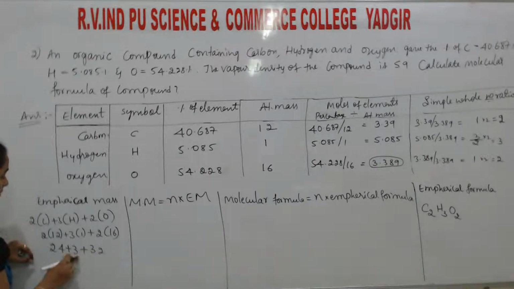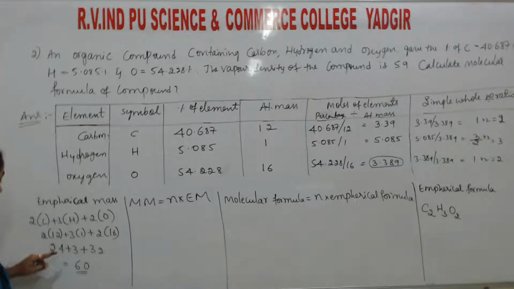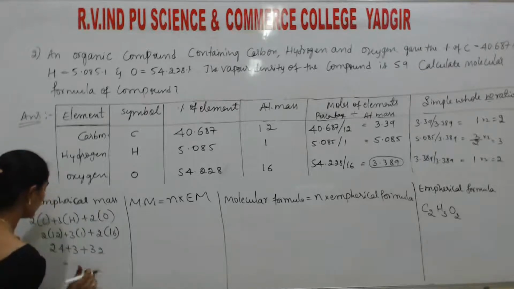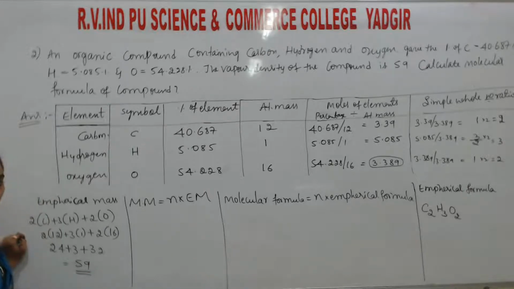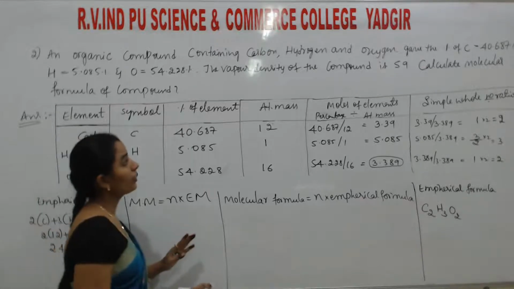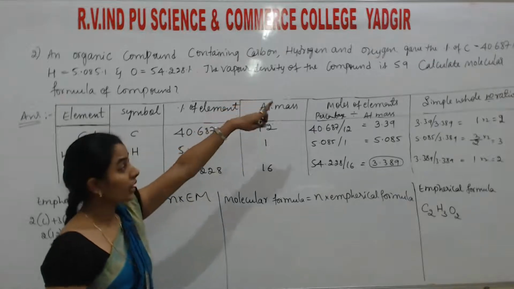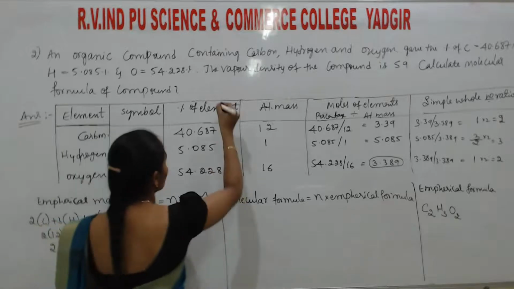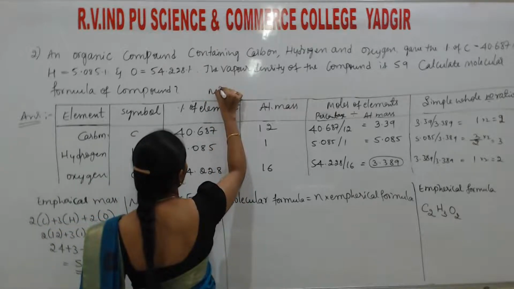We get 59. So students, here we don't have the molecular formula, but we have vapor density. So one relation is there. What is it? Molecular formula,